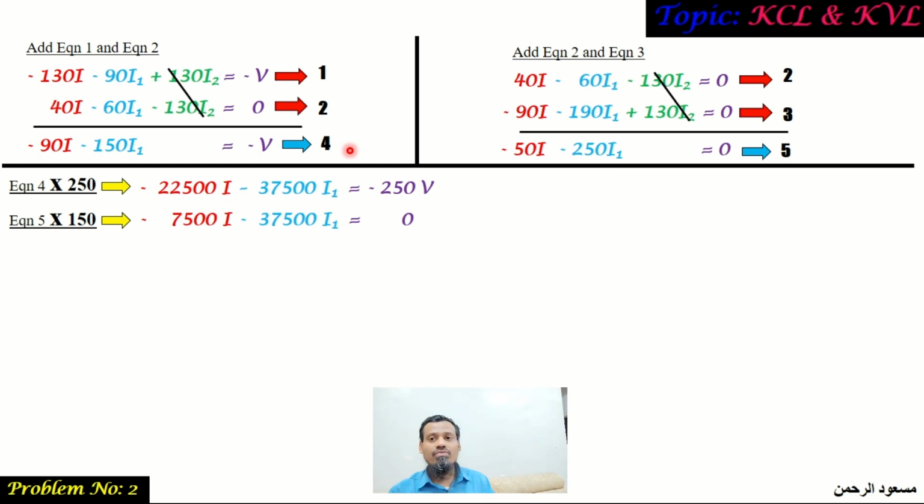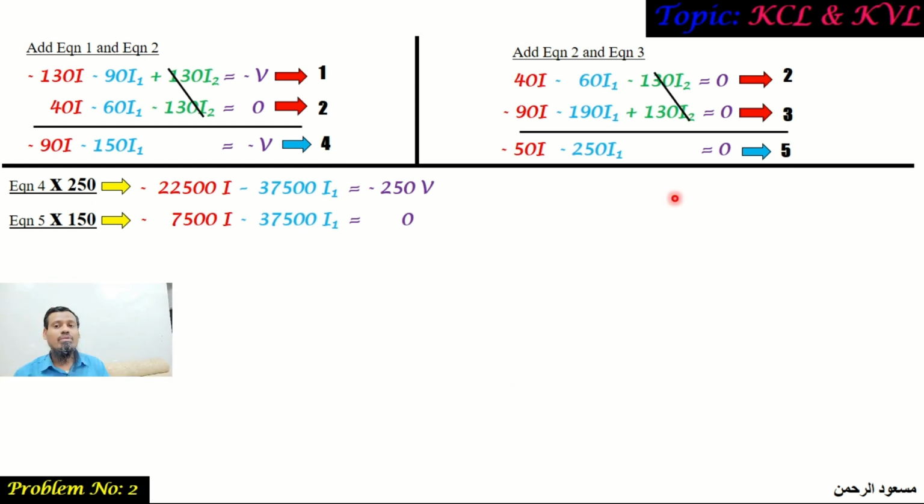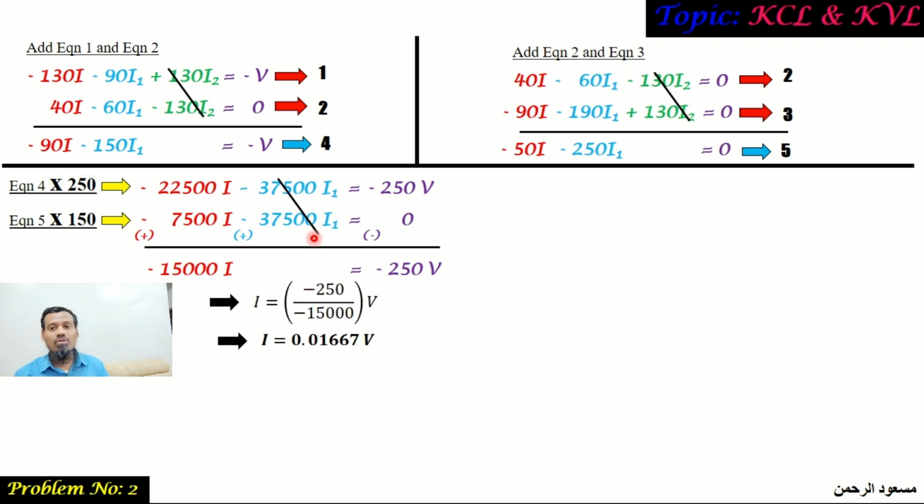We got 2 equations by the multiplication. Let us subtract one from the other. For that, let me multiply a negative sign throughout the second equation. These 2 will be cancelled. The resultant will be negative 15,000I is equal to negative 250V, from which I can be calculated to be